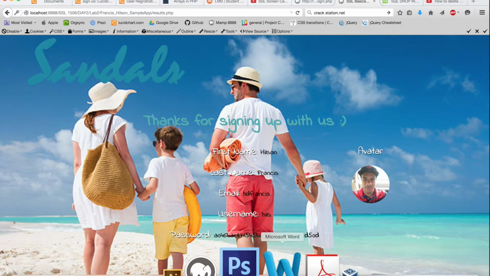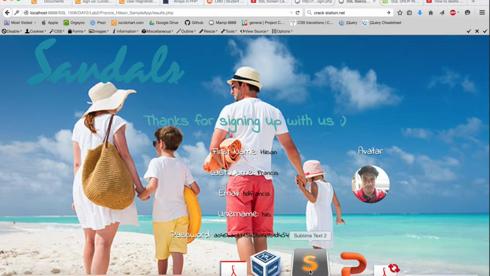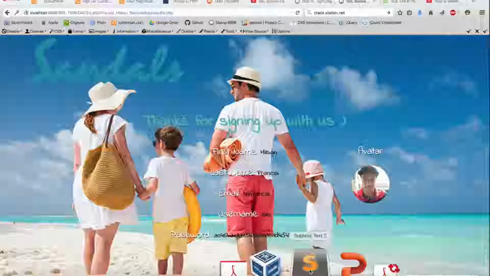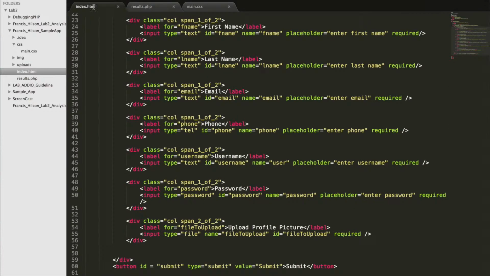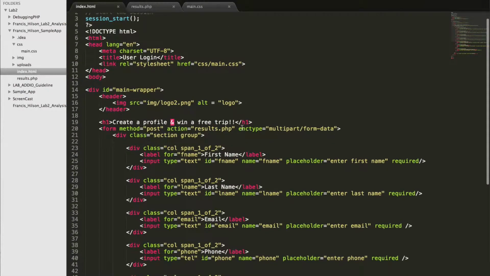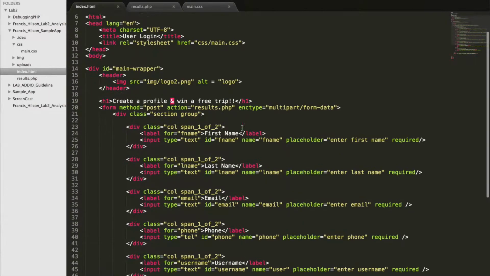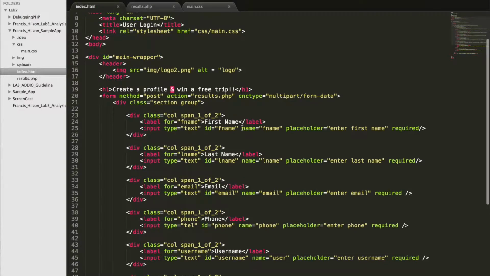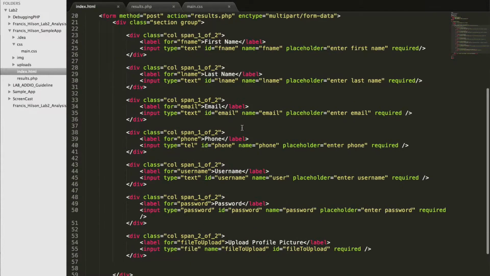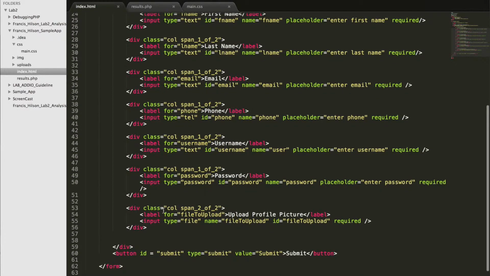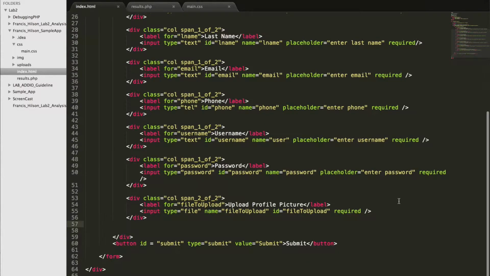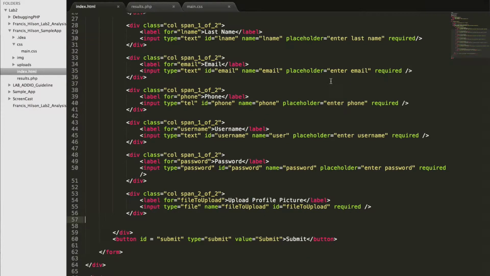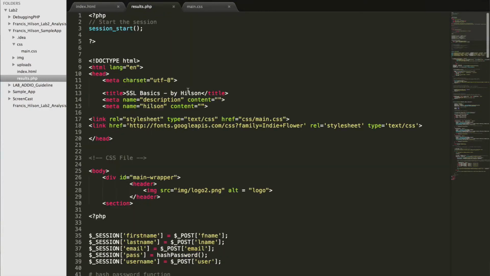So let's take a look at the code for this. Let's just run through the basic HTML with basic form inputs, and on the file I just have an input type of file and a name of file to upload, so it's nothing too complicated. And on the results PHP,